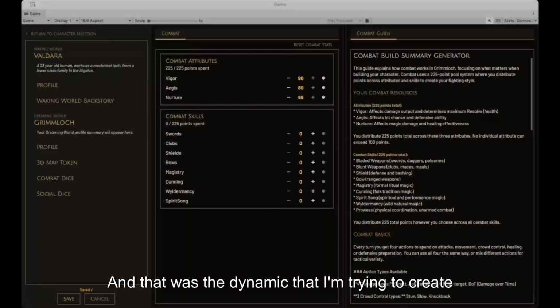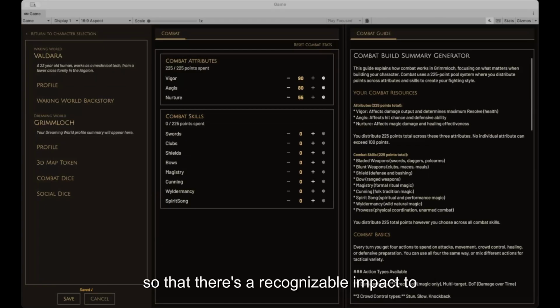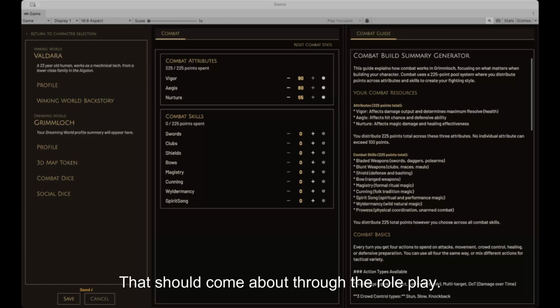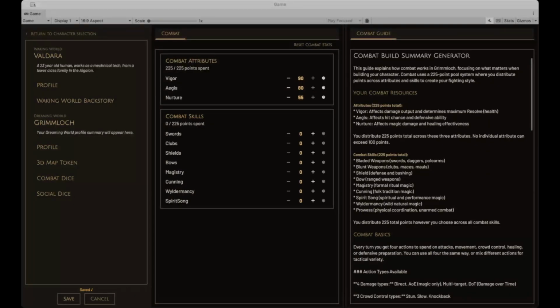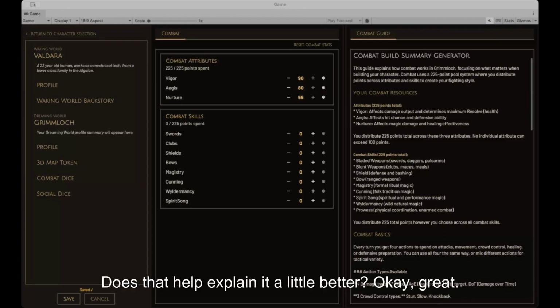That was the dynamic I'm trying to create, so that there's a recognizable impact to your physicality, your ability to think through it, without taking away player agency, because I hate taking away player agency. That should come about through the role play. Does that help explain it a little better?